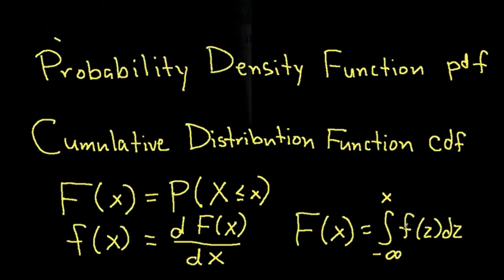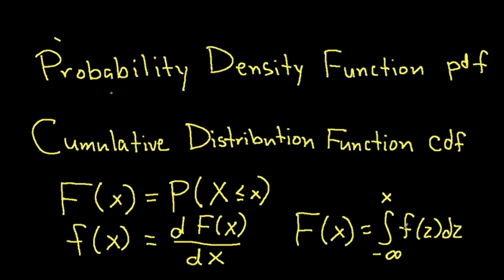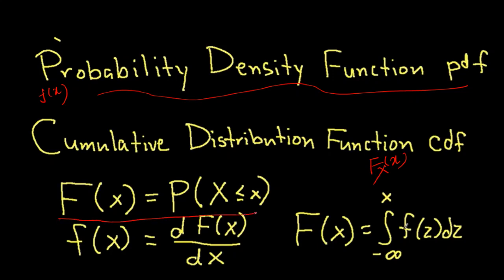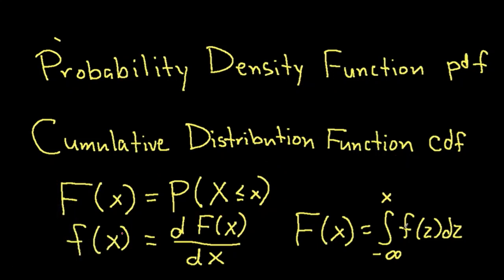the relationship between PDF and CDF. Let me say this is the probability density function, PDF, that we generally write as f of x. The cumulative distribution function is written as capital F of small x, or just capital F of x. I already defined that capital F of x is P of capital X less than or equal to small x. We will try to understand this.